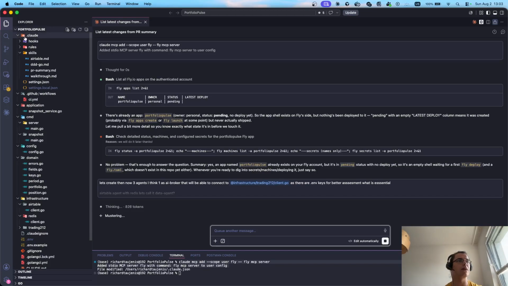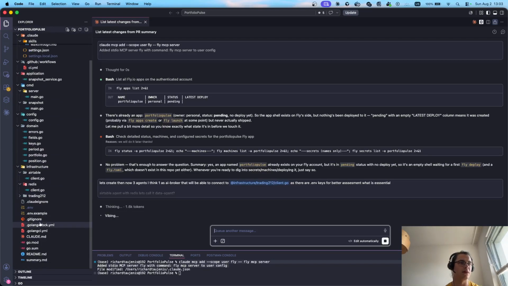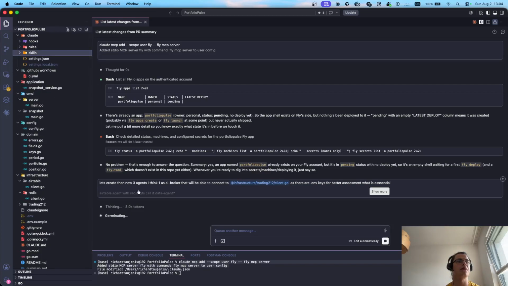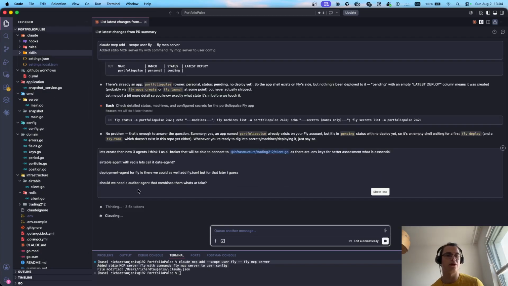Now under here you can see we did have rules. We started with rules, then I think it was rules with Claude MD, then we had hooks, then skills I think, and now we're filling in the last gap, that is creating a custom agent. So it's now thinking, and I will show shortly how it can be utilized